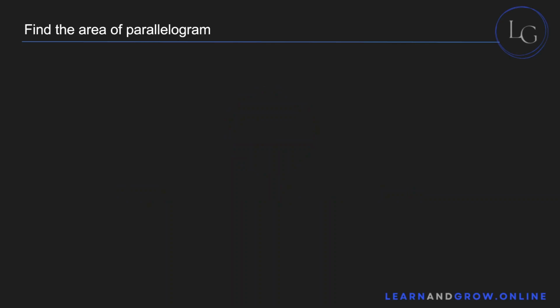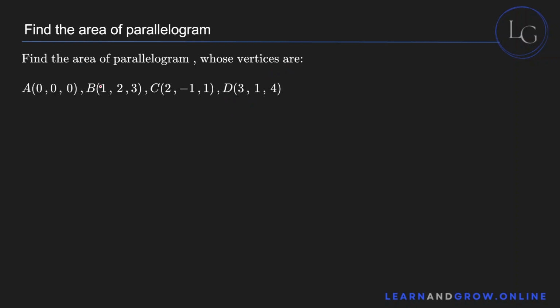Now let's find the area of a parallelogram, and later on we'll also find the area of a triangle. We've discussed the basic theory behind this. Now let's do some questions. So it says that we have a parallelogram with these vertices A, B, C, and D, and we need to find the area. And again, you remember that the area of a parallelogram